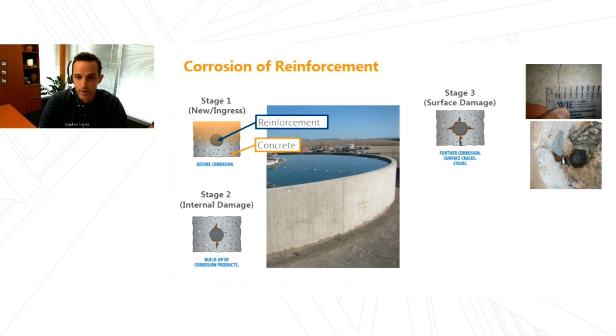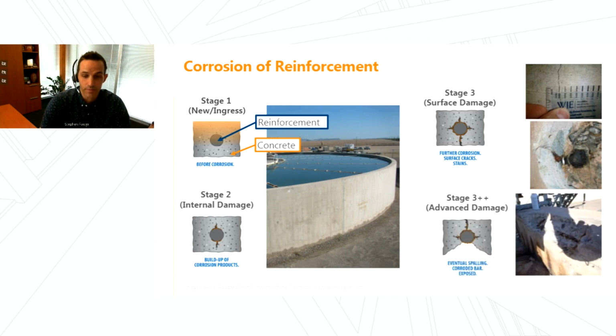This bottom picture on the right is a core sample where we cut out an area where we presumed, based on some of our other testing, that there was some corrosion activity happening, and we were able to take a core right there and see, basically like this cartoon diagram is showing, oh yeah, there's corrosion, this crack is there, there's even some expansive corrosion product that's starting to migrate out of the crack. And again, that will then continue and now even further advance because of the crack that's there. The pathway for those deleterious materials and oxygen can now get to the bar and again cause continued corrosion,